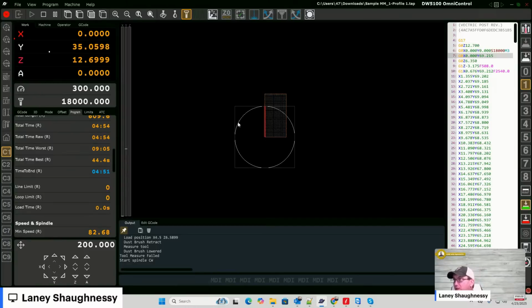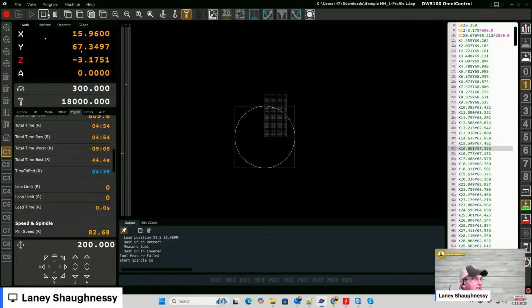So if you work in Aspire and your Grbl is set up for inches, then you need to save with the GRBL inch post processor. If your Grbl is set up for millimeters, you need to save with a millimeter post processor, or you need to at least add G21